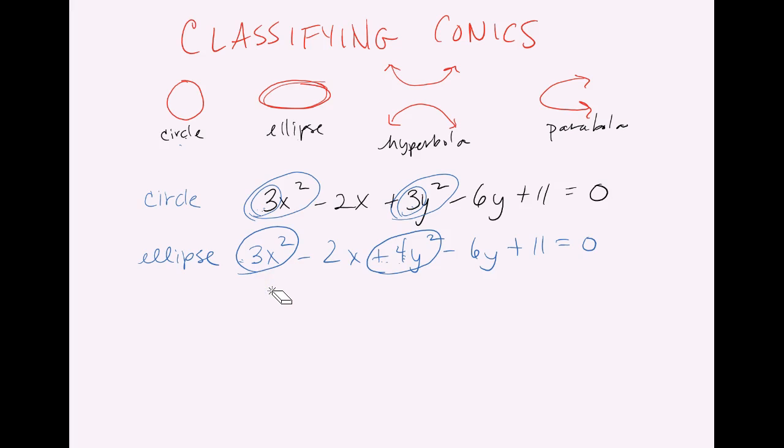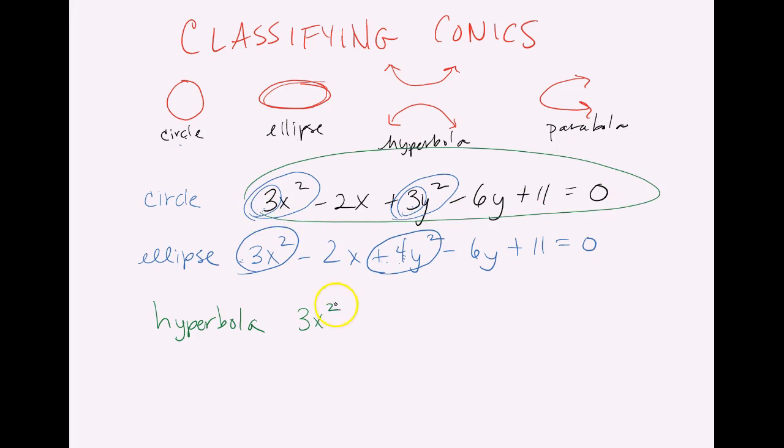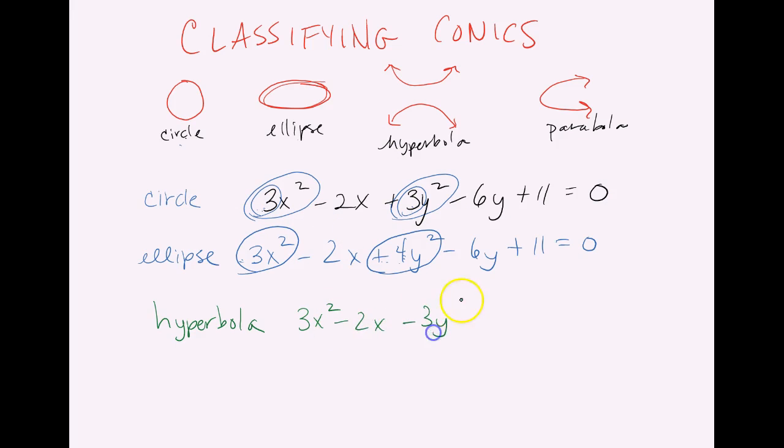So now a hyperbola. The hyperbola is the most easily identifiable one of all, in my opinion. I lie, parabola is actually easier, but hyperbola is not bad either, because it could be the same equation that I wrote here or here. It could be either one. The only difference is, did you catch it? Did you see what I just did? What's the difference between the green equation and the black equation? You got it, the minus sign. If either of these with the squares has a minus, if either of them is negative,